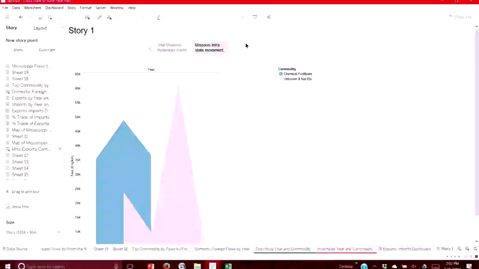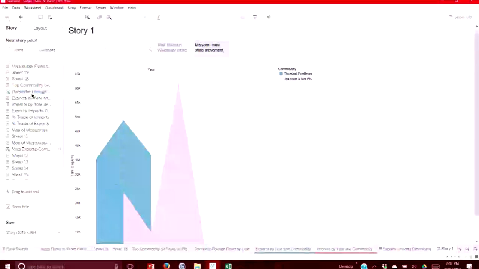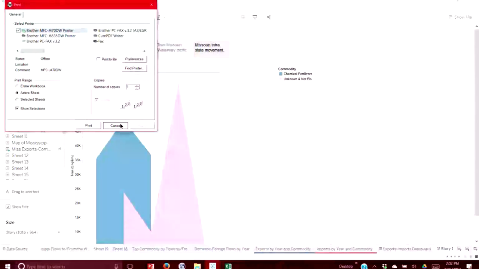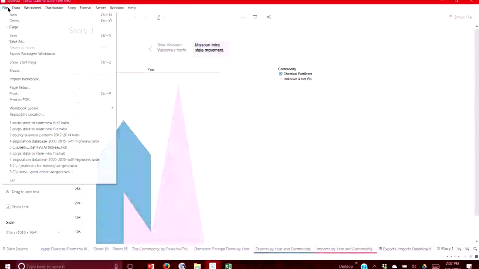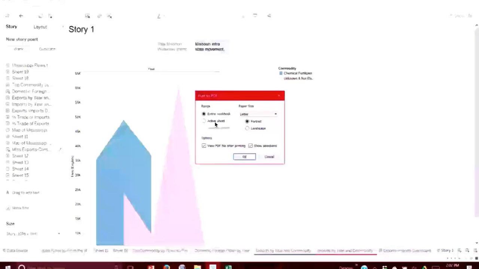So the thing is, one of the things that I like about Tableau, there's some things I keep asking them to fix. But I can come to print, and it says, you know, print is going to be your standard print this sheet, print that sheet, whatever. But there's also this print to PDF. So I go down to File, I go down to Print to PDF, and I can actually select certain